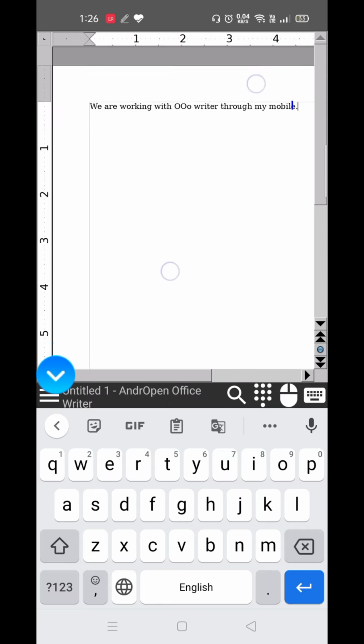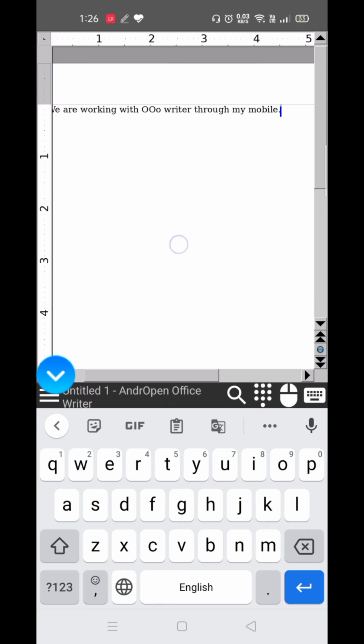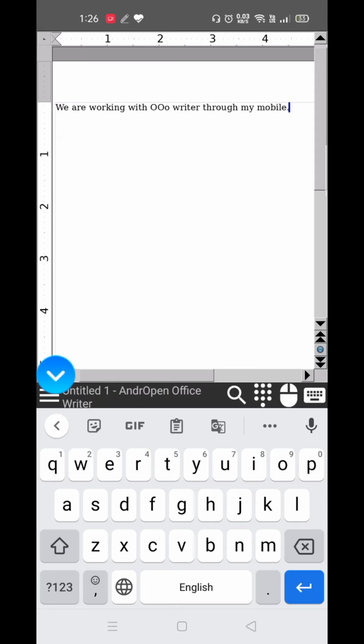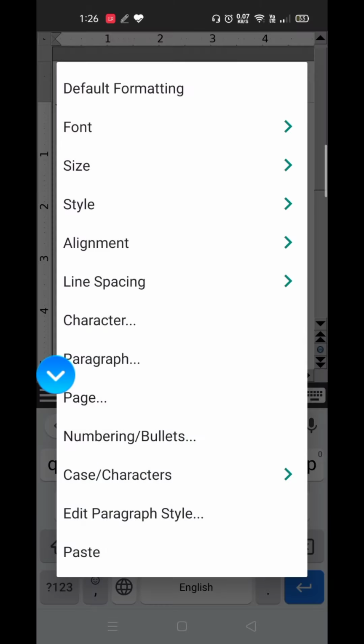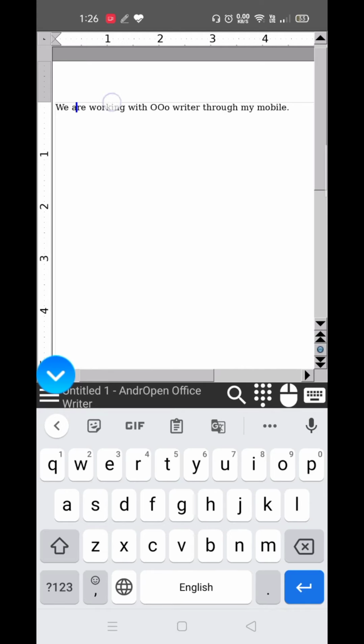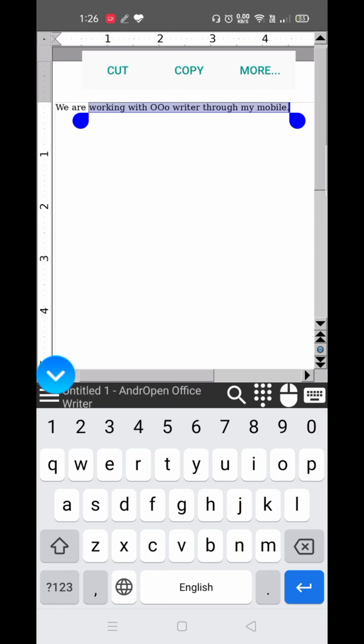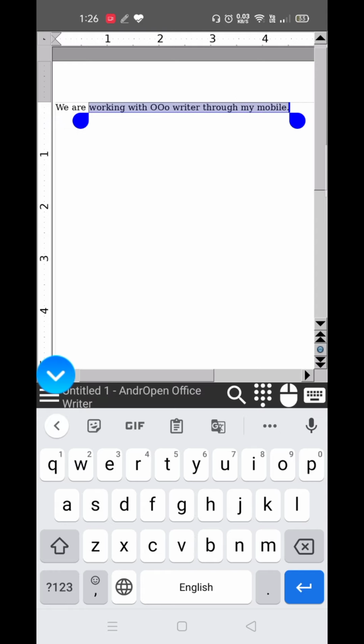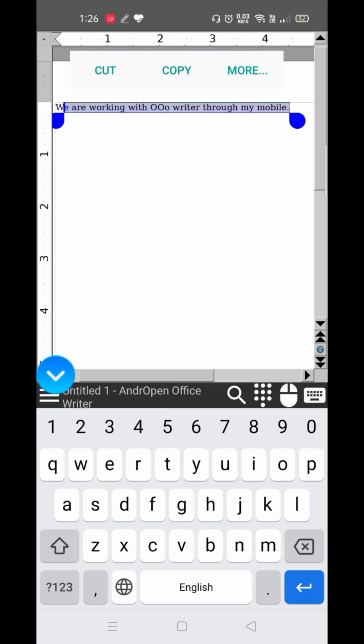Like when we deal with our computer system, we have to double tap on that, we have to use the right or left clicks. But in the mobile application, things are a lot easier. You have to first of all simply double tap on the text. Fine. When you double tap on it, the selection bar will appear. You can select as much portion as you want. When you select the portion of text, it will show you the options like cut, copy and more options.